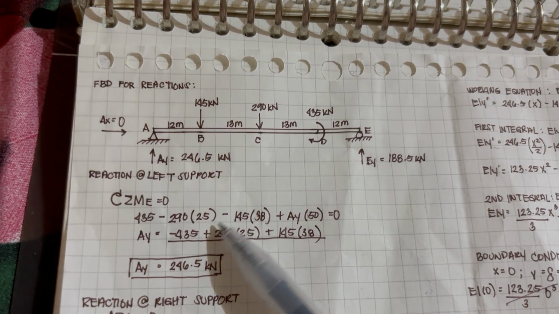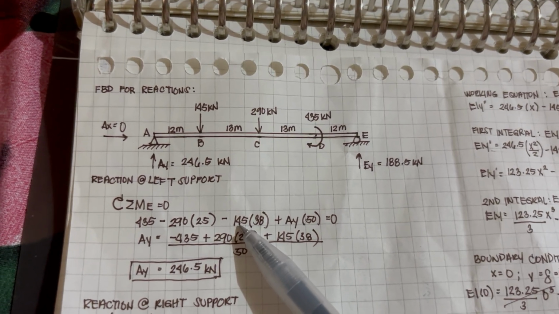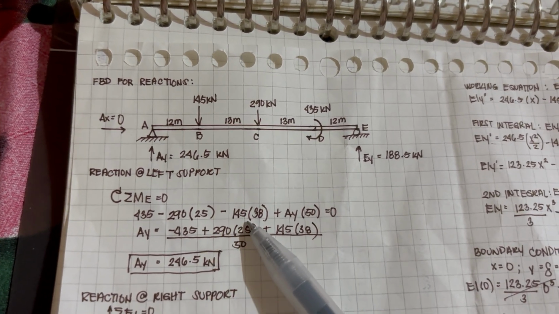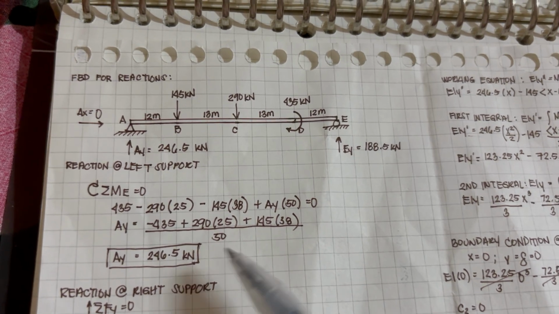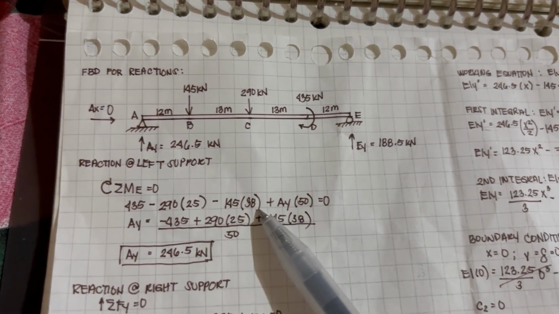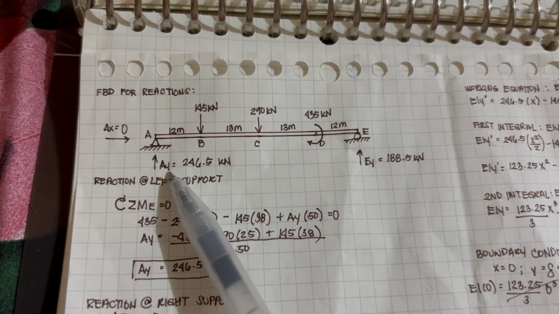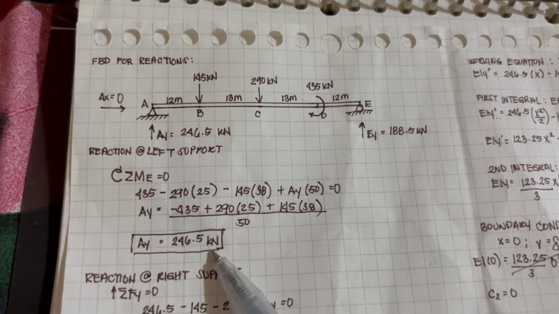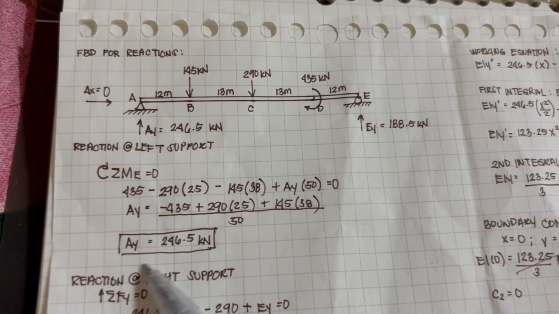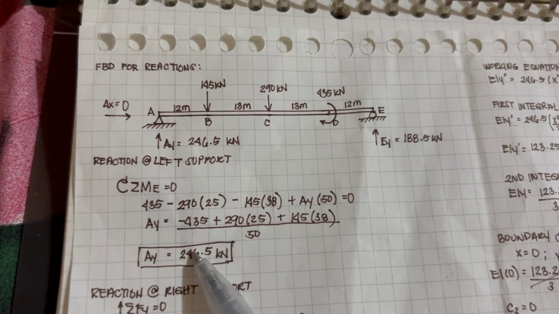Then another negative force of 145 kilonewtons times 38 meters. And then add AY, and then we're going to transpose, and then we will get the reaction on the left support, which is